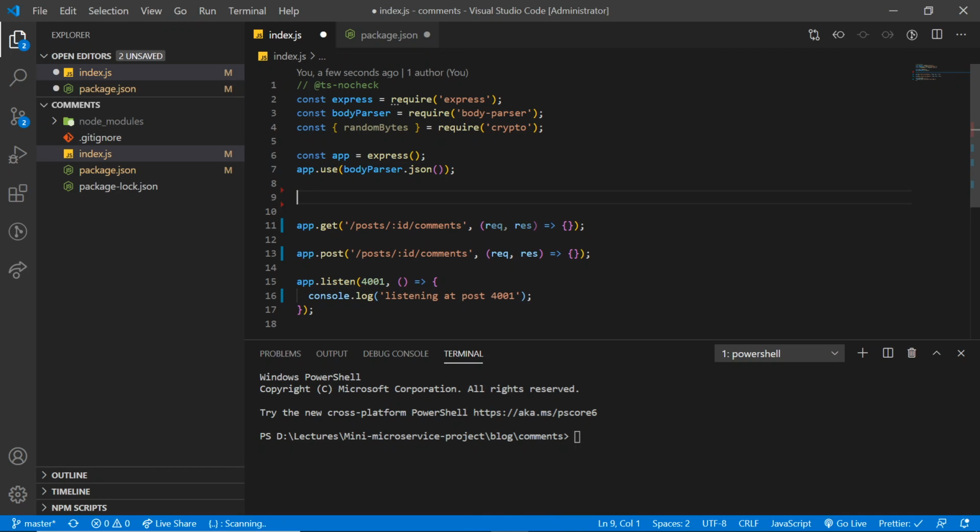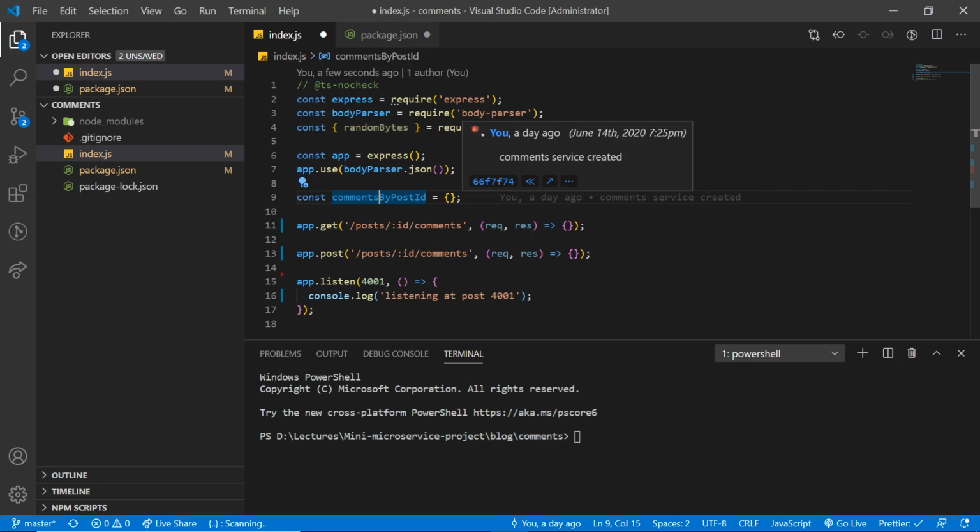So here I am going to create a new object called comments by post id and it is blank initially. You will notice that I am calling this using word by post id. The reason for that is that we really want this data structure to be optimized for looking up all the different comments associated with the given post.